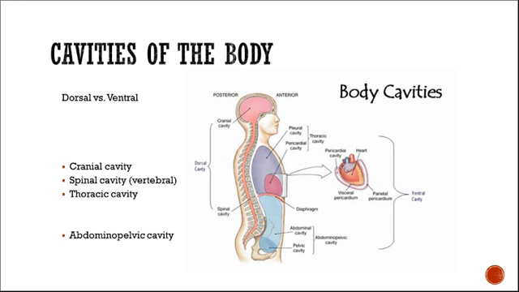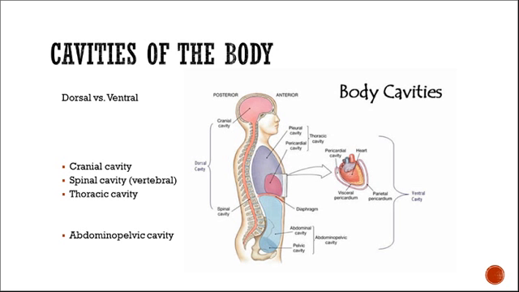Sometimes your quiz is going to ask you some application type questions, and I always love those because I find them more interesting. But an example would be if someone was complaining of having difficulty breathing following a car accident, they may have bleeding into which cavity of their body. So if you think of difficulty breathing, that's got to be our lungs, right? Well, the cavity of our body that houses the lungs would be the thoracic cavity. So that's what we're looking for in that type of application type question.